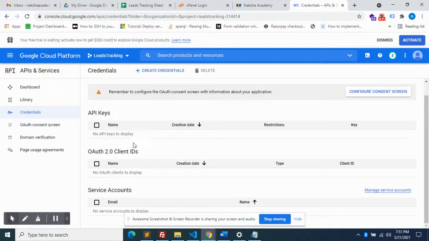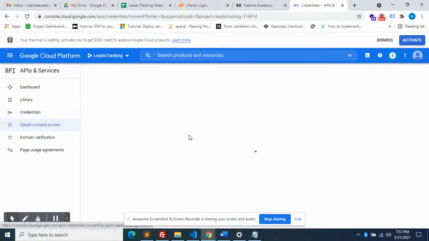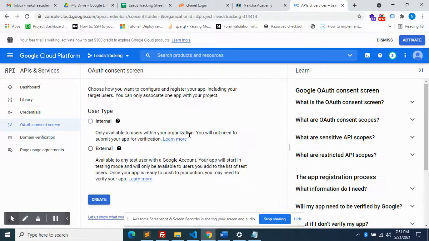So before that, we have to create an OAuth consent screen. OAuth consent screen means you are asking Google for access, getting permission to use the Google account in your Gmail account. So if anybody wants to access a Google Gmail account, for example, if you want to share a spreadsheet, you have an option called share. For this, you have an OAuth consent screen. For integrating the API, you have to get the access from the Google Cloud API.